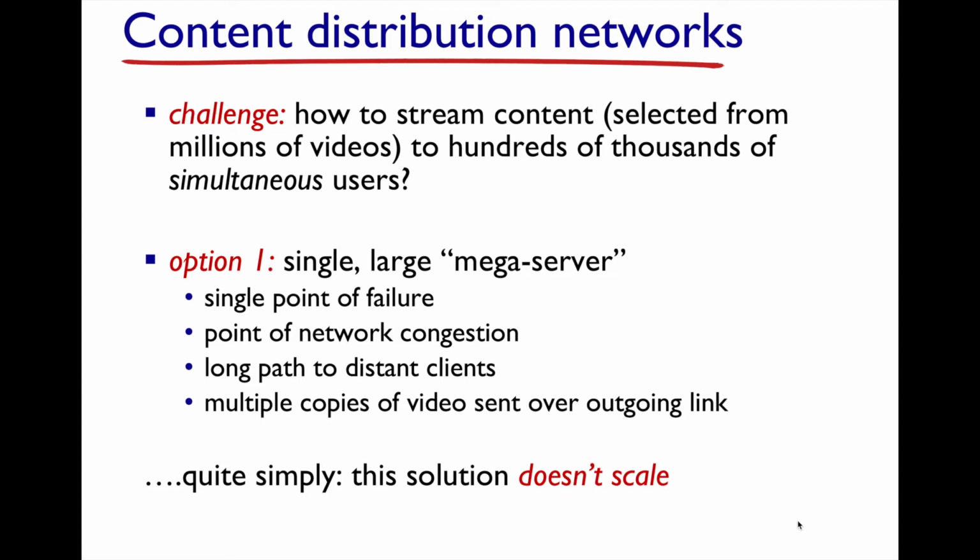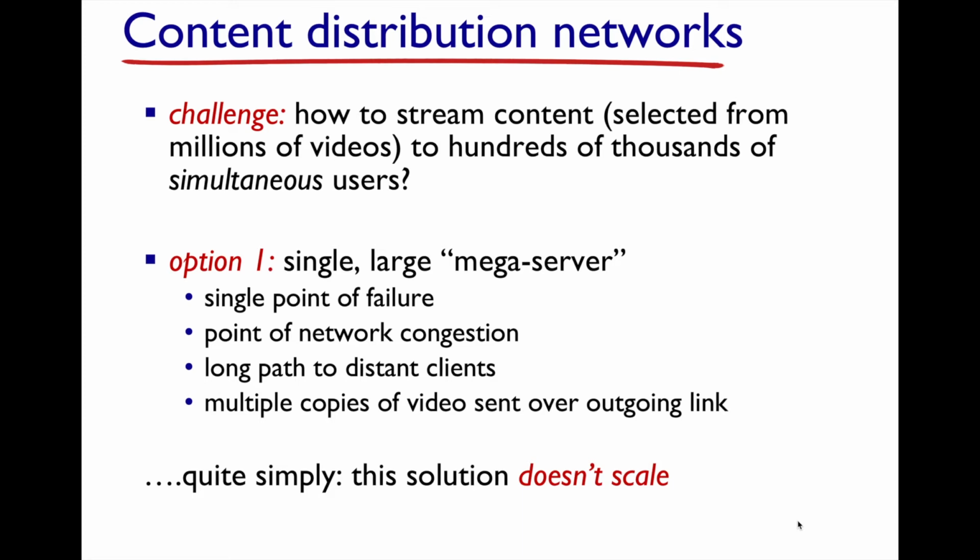Now, the streaming, you could say naively, let me put all of the video on one large server. Okay, that might work to a point, but that introduces a single point of failure. Not only could someone attack it, but that thing's going to fall over because servers, even in a data center, can only support a certain number of concurrent users. Now, with a movie, it's not like doing text messaging. In text messaging, you send data and then you're idle. Then you send data and then you're idle. With video, that data is coming constantly, right? Over a period of time, like an hour, right? So that's a lot of data.